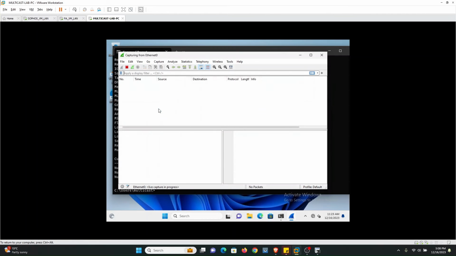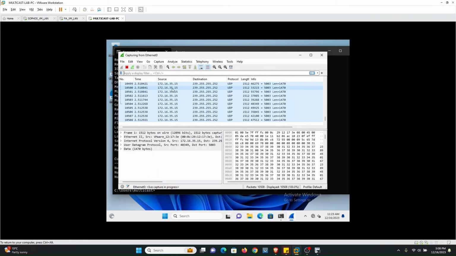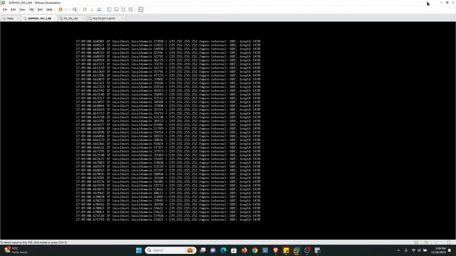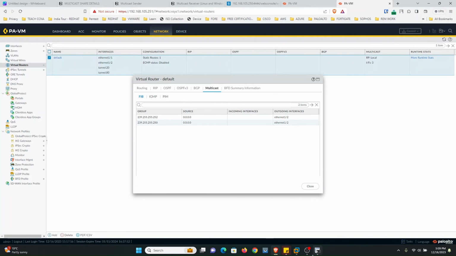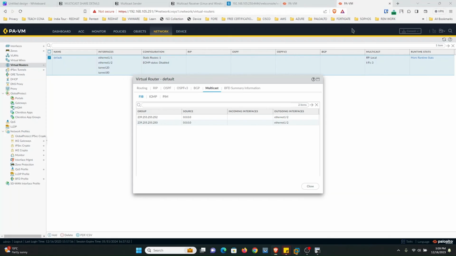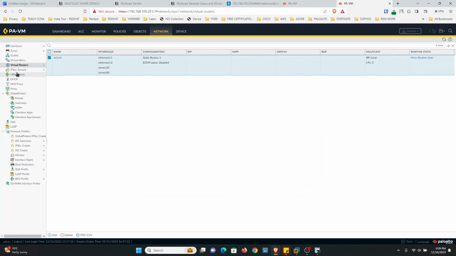Okay, this is the interface. You can see here we are getting multicast traffic from the source 35.15, that is this Sophos LAN. Okay, we are getting traffic. So I'll just repeat the configuration once. What we did was,